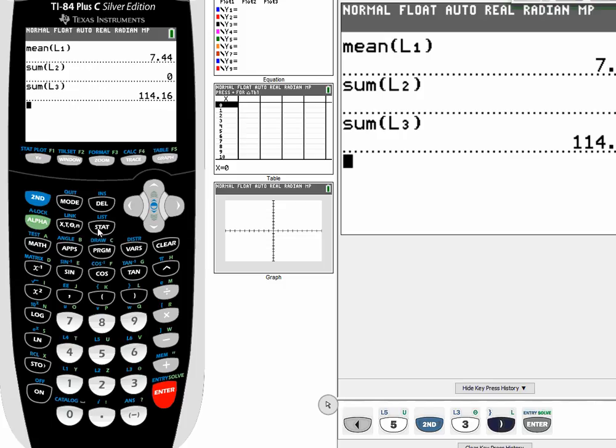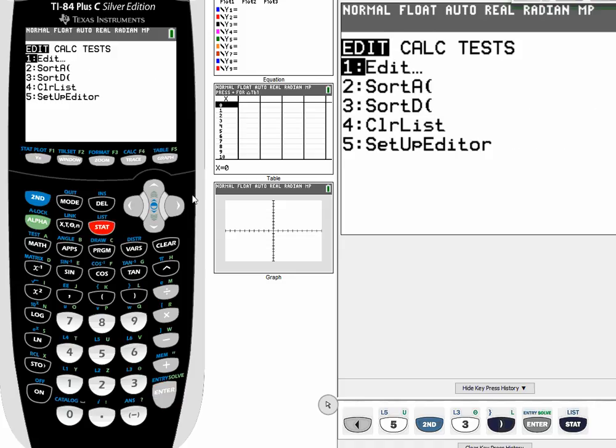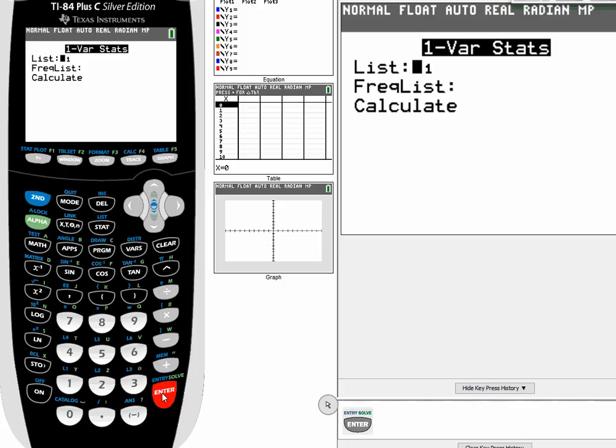So if we go back to the home screen and we push stat, and I think we go over to calculate, and then see this one variable statistics, press enter there. Let's see, list one. Okay, I don't use these calculators that much, but okay, so then go down to calculate